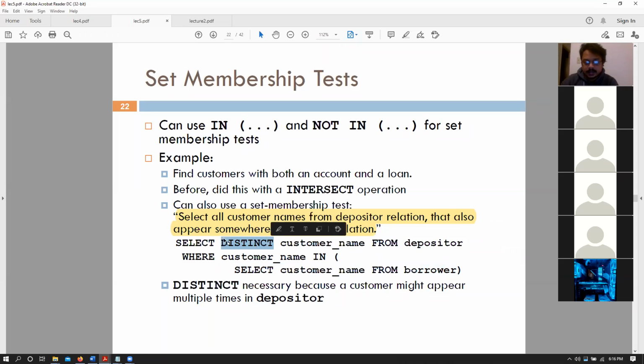So can you tell me why distinct is necessary? Well, I do have an answer here. So exactly. Essentially distinct is necessary because a customer name can appear multiple